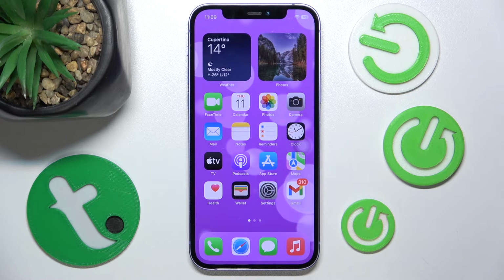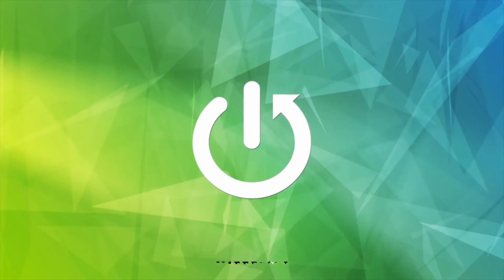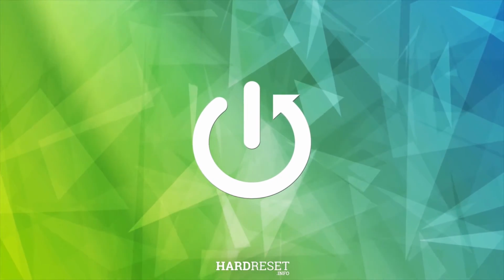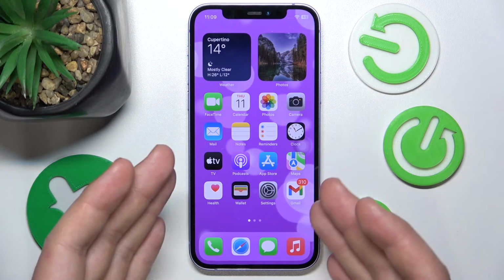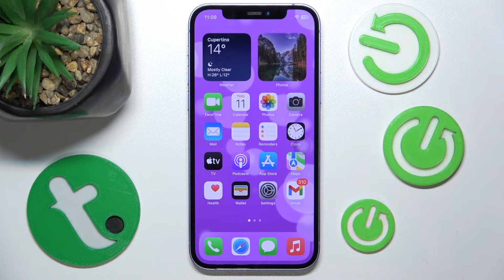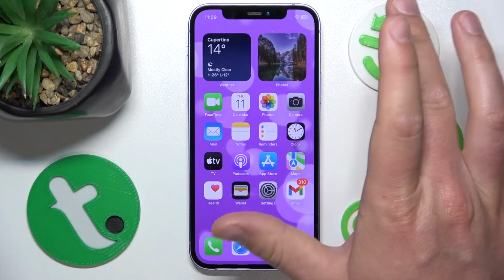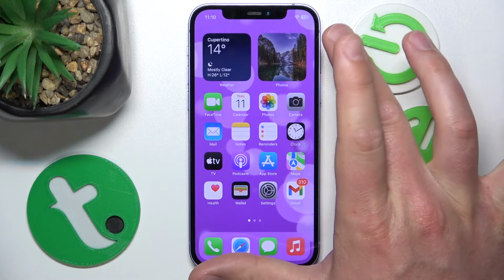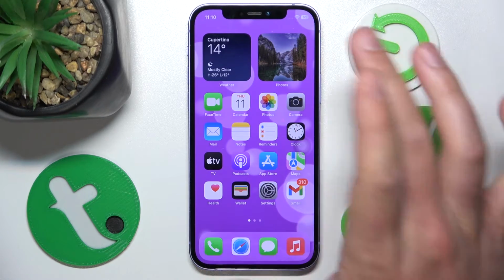Hello, in this video I'm going to show you how to add new gestures to the AssistiveTouch and what these are on the iPhone. So, today in front of me is the iPhone 12 with iOS 17.4, but it really doesn't matter which iPhone you have or which version of iOS you have, it is all going to work the same on